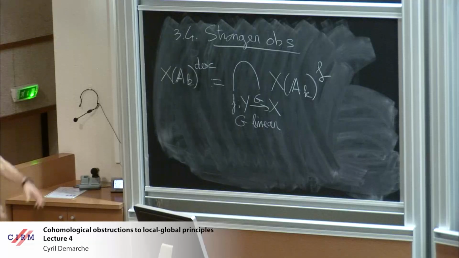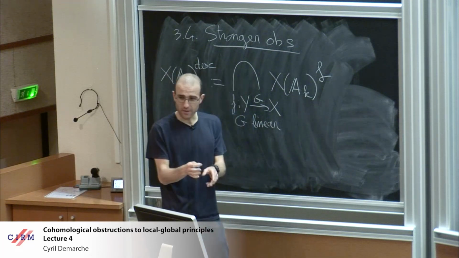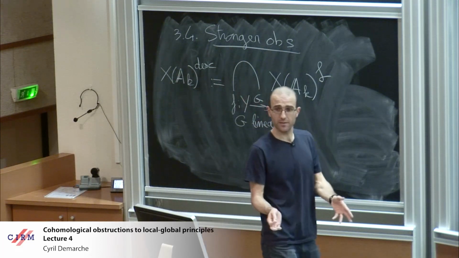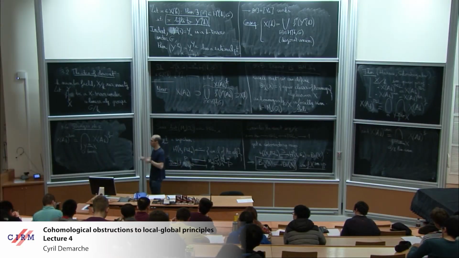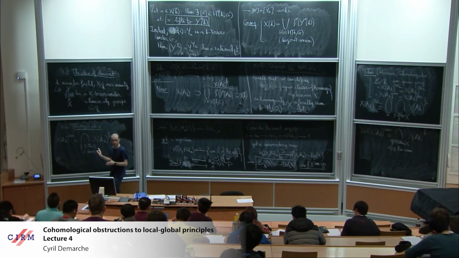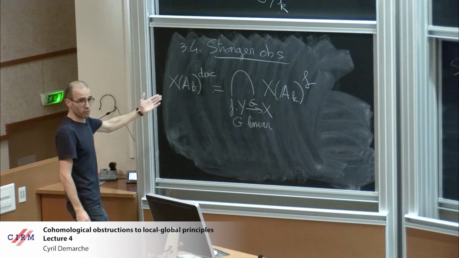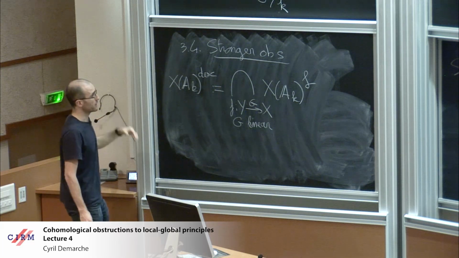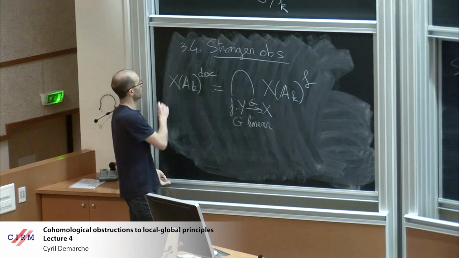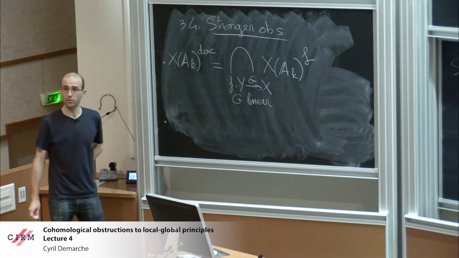So in some sense, instead of looking just at adelic points over X, you are looking at the existence of adelic points over any torsor over X. And this obstruction will be strictly stronger than the Brauer-Manin obstruction. And you can try to refine the Brauer-Manin obstruction in another direction,